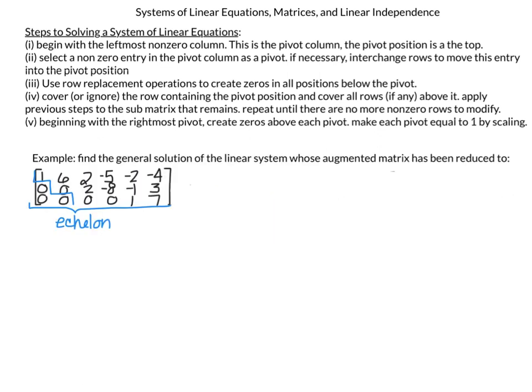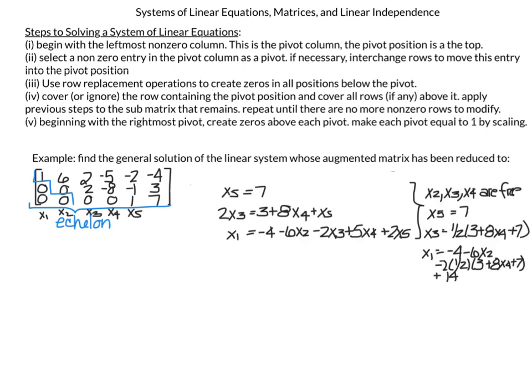This next problem is to find the general solution of the linear system whose augmented matrix has been reduced to this echelon form. So we can go ahead and do back substitution. That is, I would start with x5 equals 7. Then I have here 2x3 is equal to 3, moving this over to the other side, 8x4 and x5. And then my x1 is equal to minus 4, moving this to the other side, we get minus 6x2 minus 2x3, moving to the other side, we get